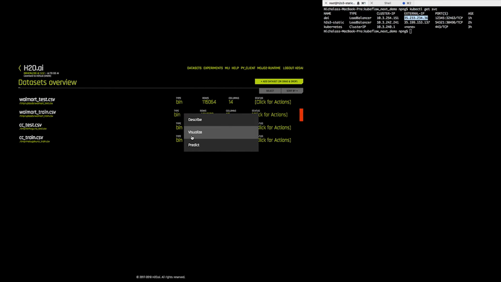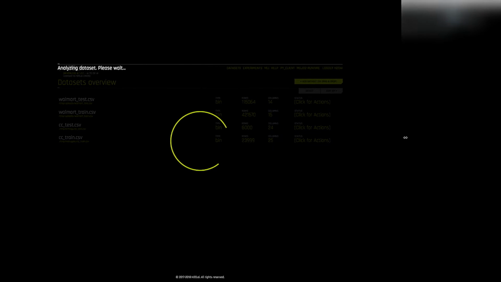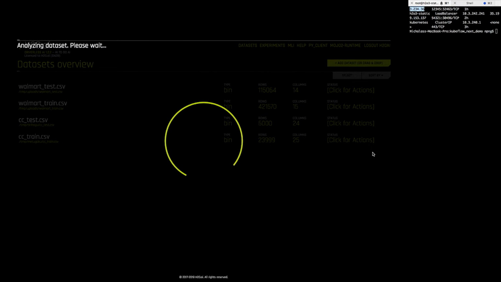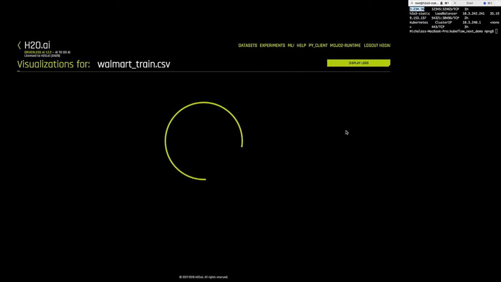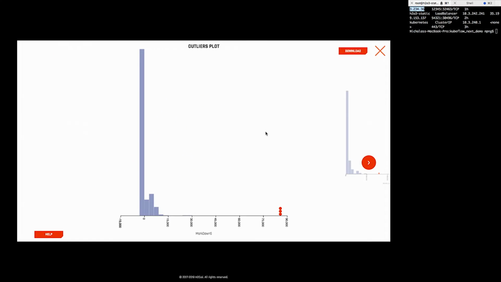The next thing that we have is visualizations. This is a package that we call AutoViz. AutoViz gives you the opportunity to create visualization plots automatically, so Driverless does this automatically for you. And it's going to show a lot of the plots that, as a data scientist, you probably want to know. Outlier plots are very important, seeing if maybe the whole distribution is here, but for some reason there are some data points lying way out on the side.